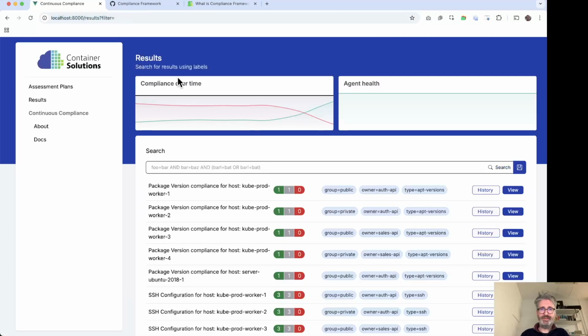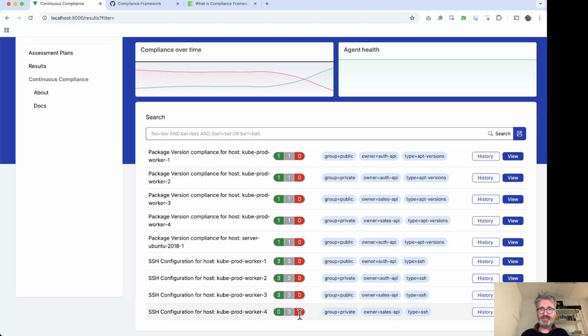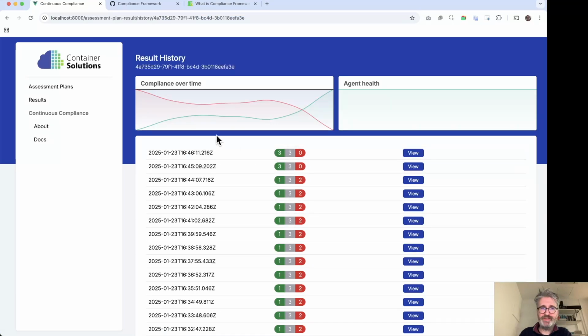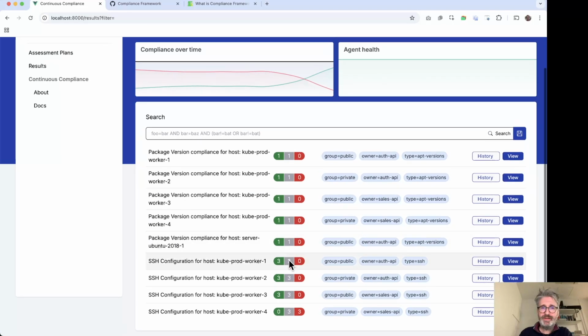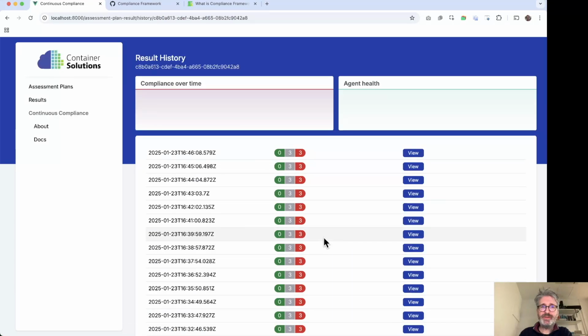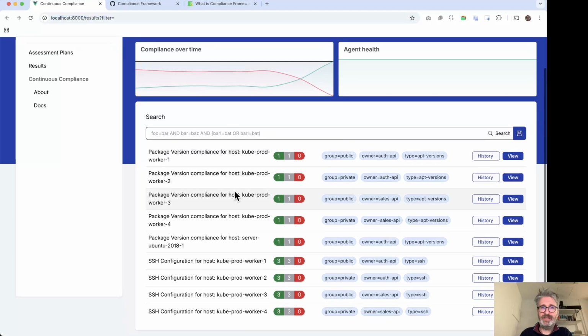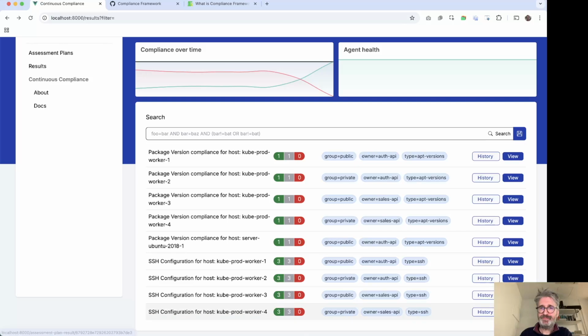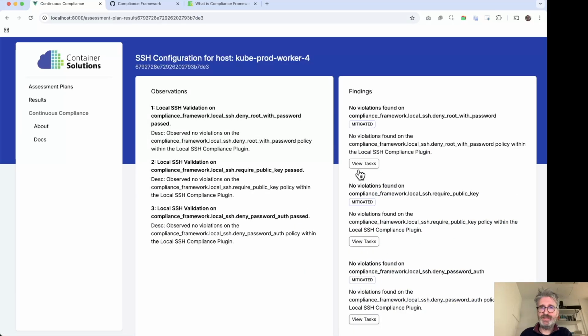If I refresh this screen, you can see the one I've just done is not yet picked up, but the others have been picked up over time. Again, you see the graph going to green, and you see the red falling. So in a few seconds, you can see it's 1646. It's now 1647. So in real time, we should see the results improve, and there we go. These findings are now mitigated,